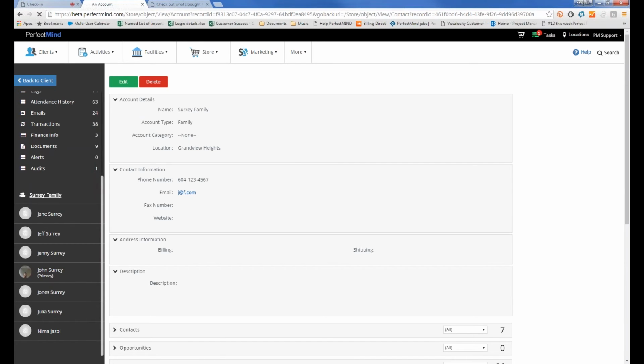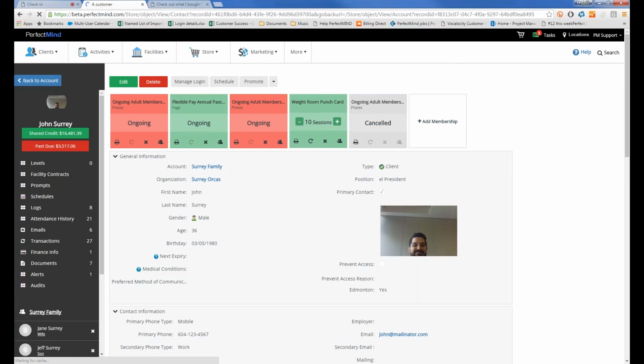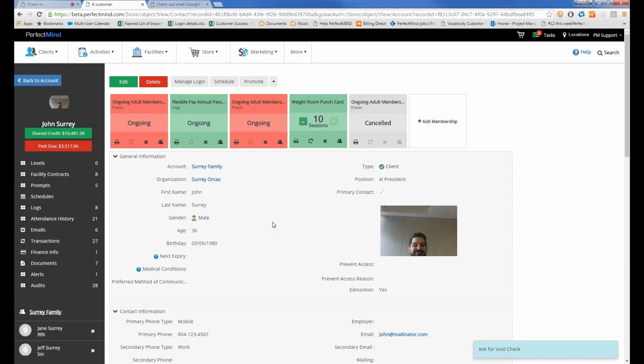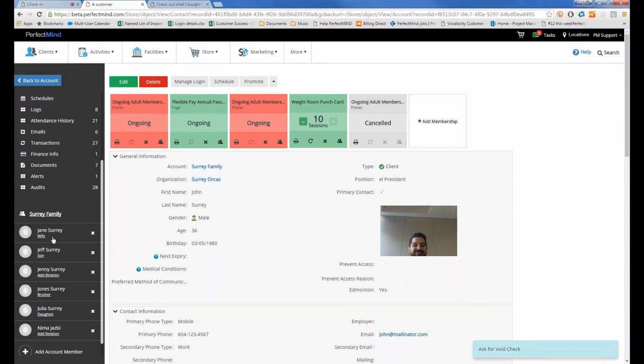But we wanted to take it to the next level. Here, as you see, John Suri is the primary in this account. For those of you who've been using PerfectMind for many years, you are likely aware that we had customer logins and family logins in the past. The family login could be generated from the account level and gave you access to see all family members' information. We wanted to make that usability a little bit better. So what we do now is treat the login for the primary family member or members, because you can have multiple primaries within our system,